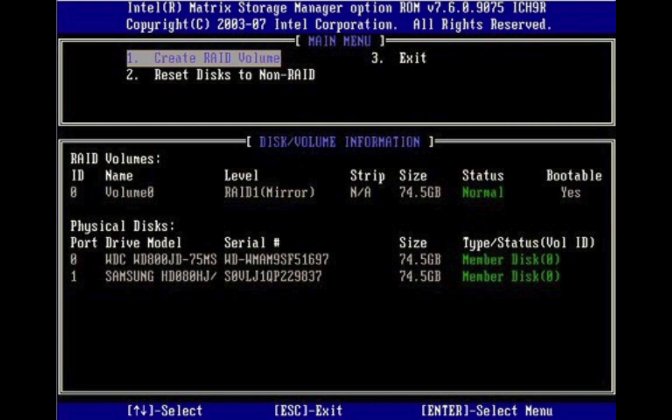And you take two hard drives and plug them into SATA 0 and SATA 1 in this case, and I wanted to set it up in mirror mode, which is right here where it says mirror, which means that each drive has exactly the same data on it, and the RAID controller takes care of the reading and the writing. So you set that up and create a RAID volume, and then go ahead and boot up the machine with the Linux or whatever operating system it is you want to install,